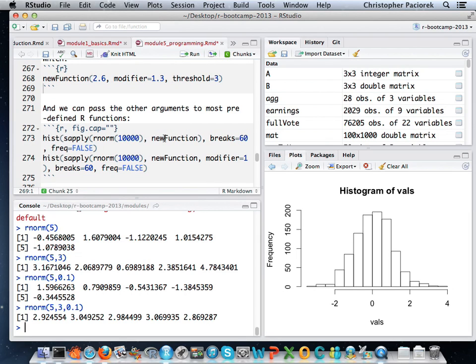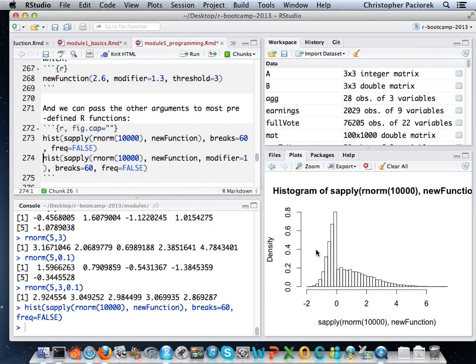Okay. So notice that new function had several arguments. When you use this function sapply, right? Sapply takes in some list of values, a vector or a list, and then it applies some function to all of the elements in that list. Now that only kind of makes sense if your function only takes 1 argument, so that each time it's going through an element of the list, it's just operating on that element, which is just one thing. So by default, the functions that you pass to sapply just use 1 argument of the function that's called.